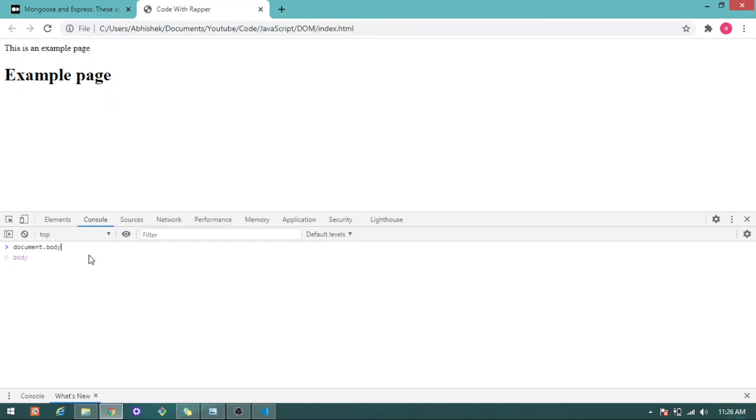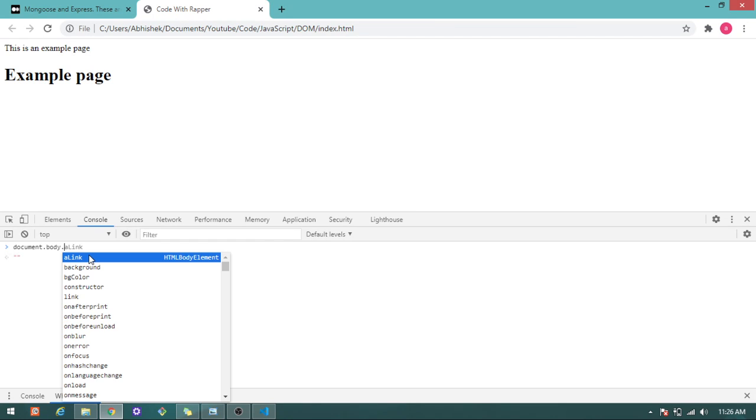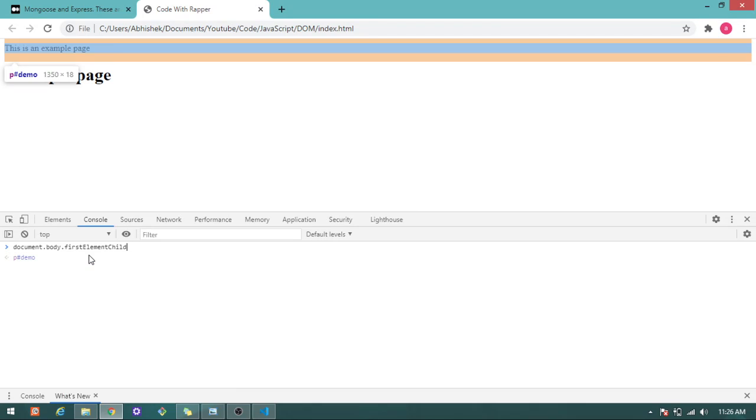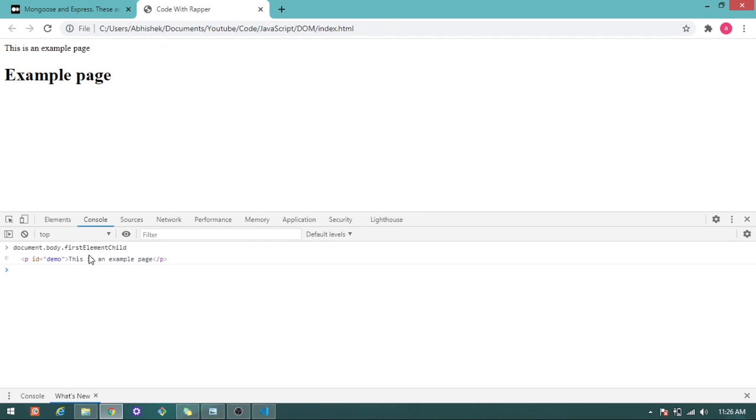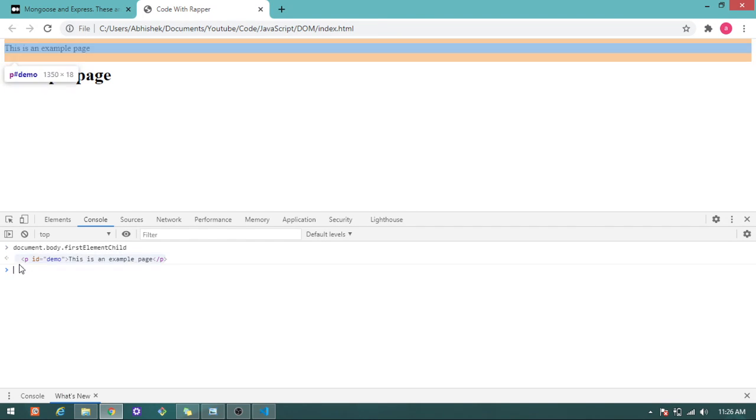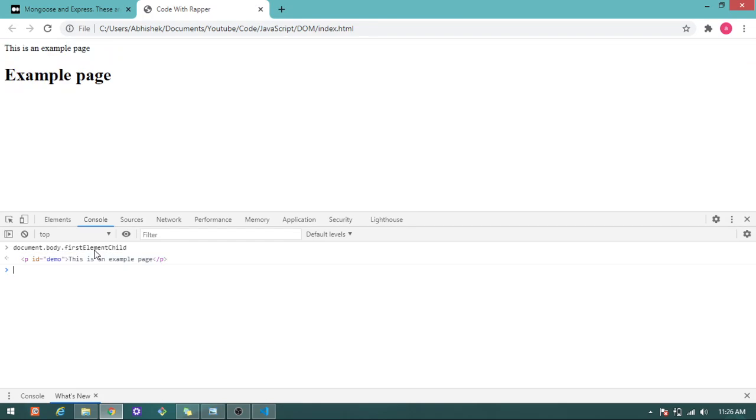It also follows the hierarchy. The first element child gives you this paragraph. So JavaScript can access it using this hierarchy: document, body, first element child.